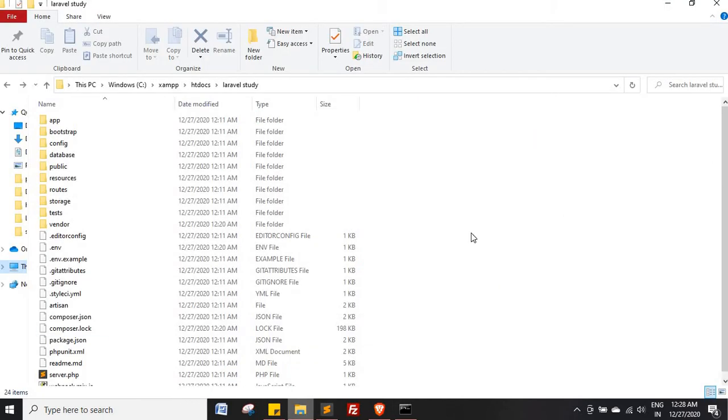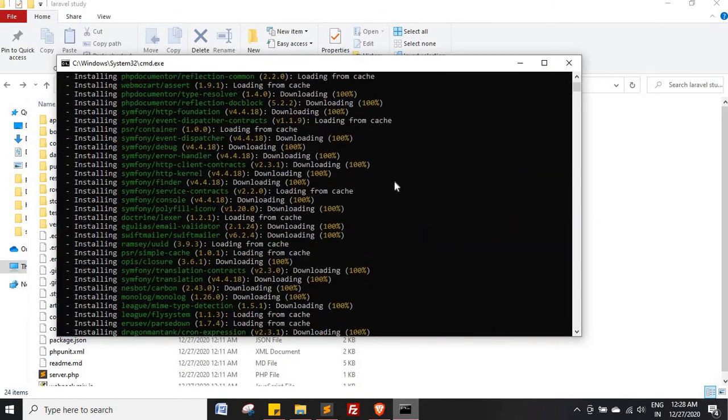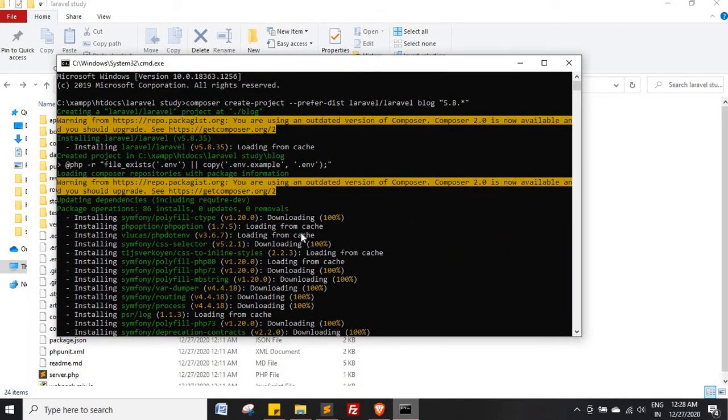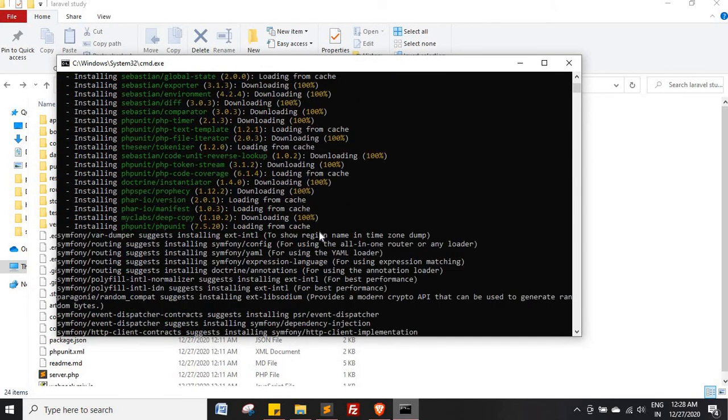If I show you, I have just recently installed 5.8 by running that command. If I show my terminal, you can see they have installed quite many packages. I ran the command and it made the installation in my folder.